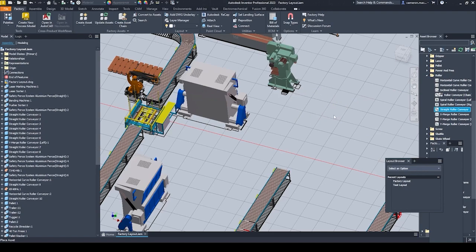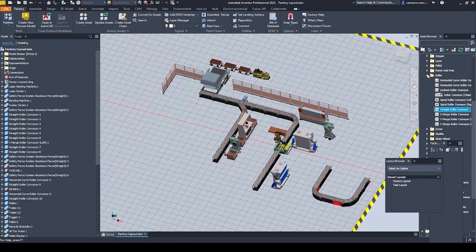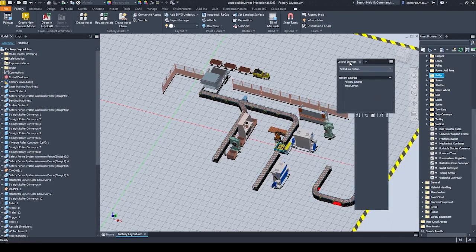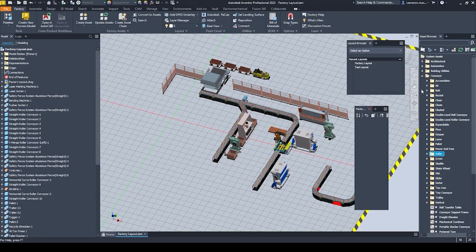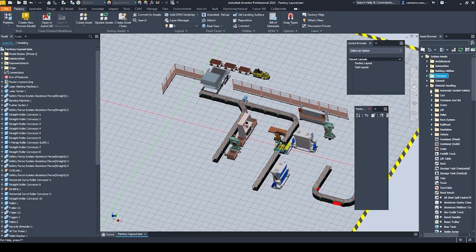Just a little escape, and that will then cancel that tool off, but that works the same for all of the other tools. So if I had to just drag this off here so we can see that menu nice and cleanly, we've got some search results in here. We've got favorites if we wanted to favorite certain items, but let's say, for example, we wanted to go in and grab some material handling